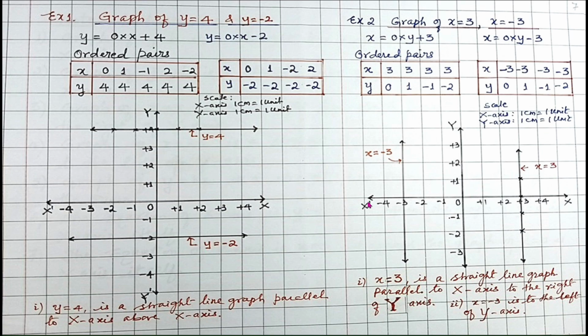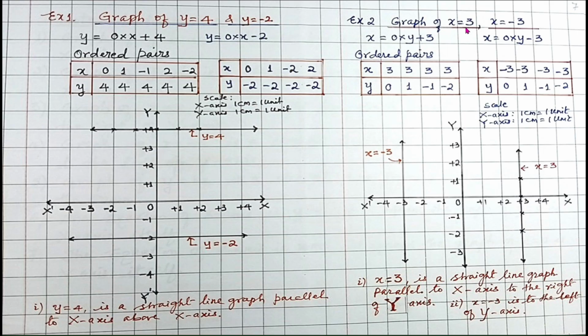I have chosen a scale here. Now x is equal to 3, y is equal to 0, put a dot. Then x is equal to 3, y is equal to 1, put a dot. x is equal to 3, y is equal to minus 1, put a dot. x is equal to 3, y is equal to minus 2, put a dot. And now join the dots, we get a straight line graph parallel to the y-axis and on the right